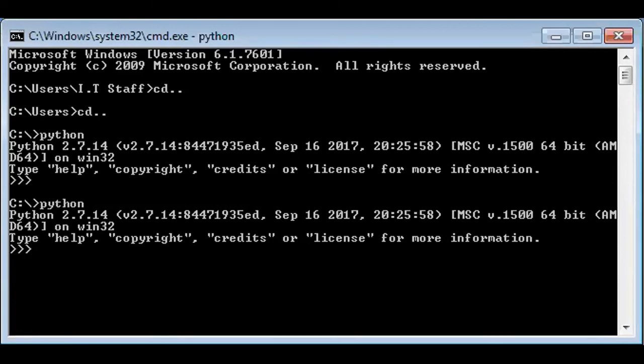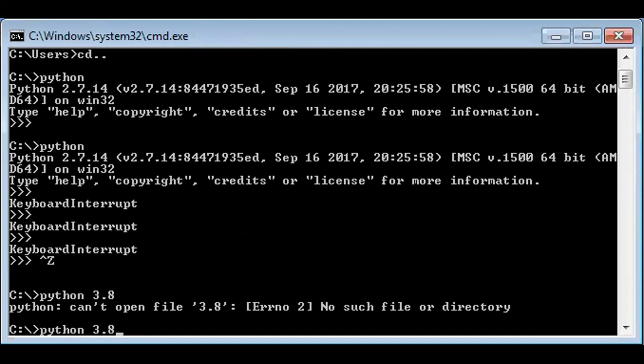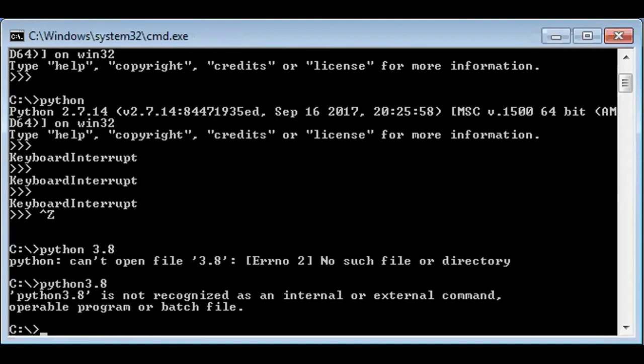Oh, so we are still seeing Python 2.7, but another way we break that is by pressing Ctrl C, Ctrl Z. Another way we could get straight access to Python 3 is by typing python 3.8. Can you make it python 3?